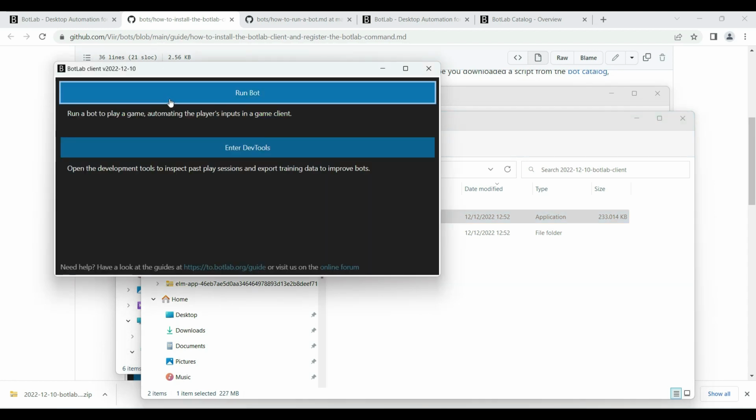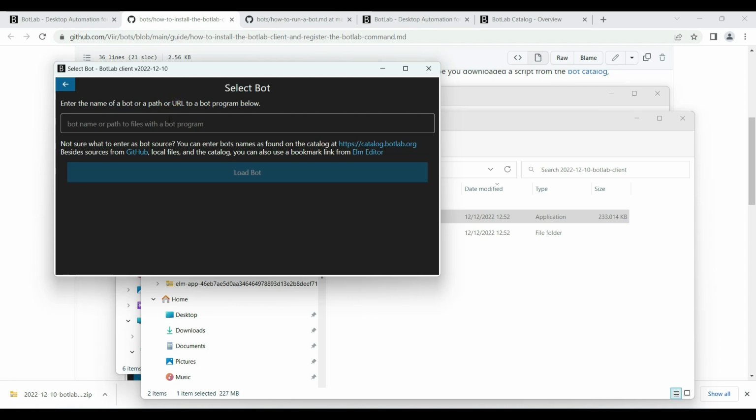When we choose to run a bot, we will see this text input where we have to select the bot that we want to run. And there are many different ways we can do that. Bot programs can come from a variety of sources. Maybe you are working on a bot program on your local machine, maybe of a local development environment.